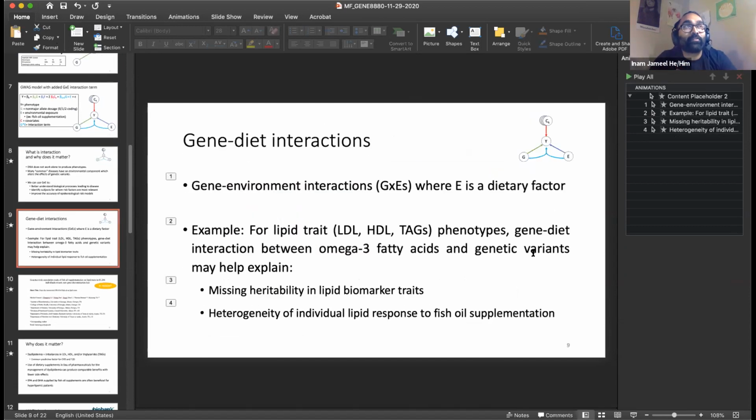I was wondering if you could talk a little bit more about the missing heritability. How much of an impact does the environmental fish oil supplementation factor into the missing heritability? How much does the fish oil supplementation, do you think, affect the actual phenotype or play into the missing heritability that people are finding? Sorry, I forgot explicitly what you said in the introduction, but I think you get my question.